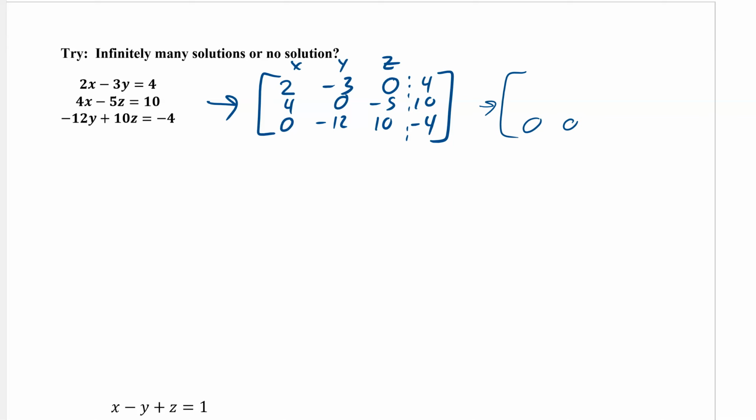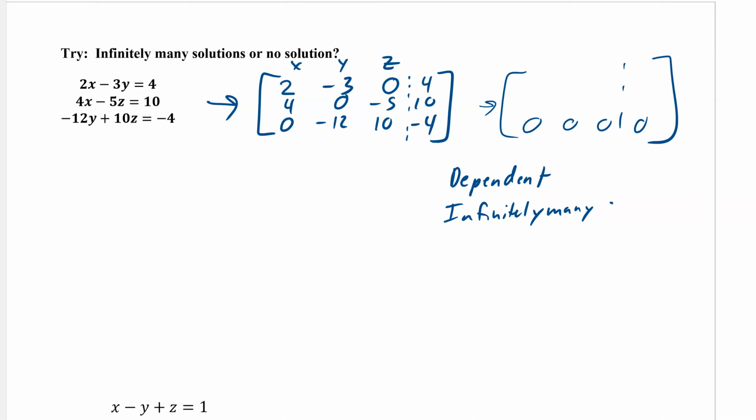So we have 0, 0, 0, 0. And so that gives us, you got it, it's dependent. So infinitely many solutions. Okay, so now what we're going to actually do, though, since it's dependent, is we're going to write a solution